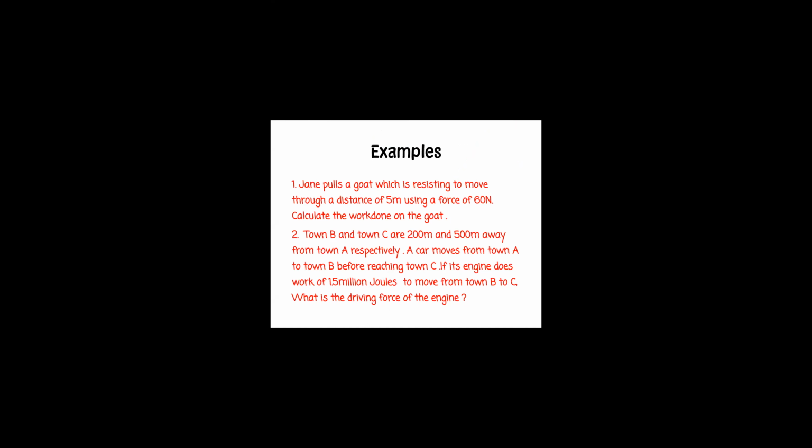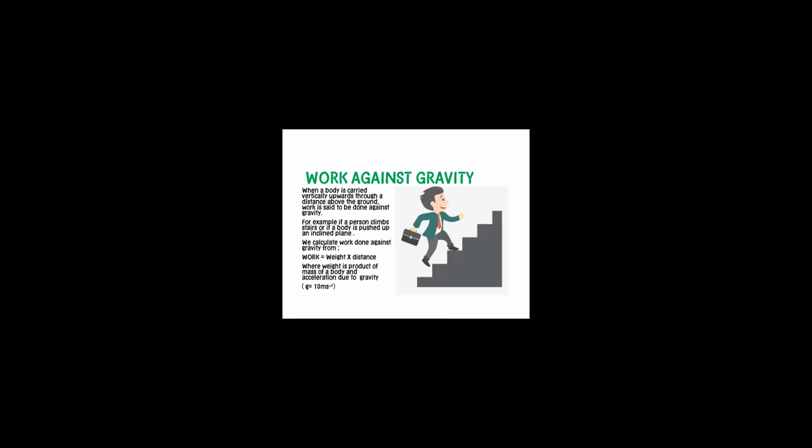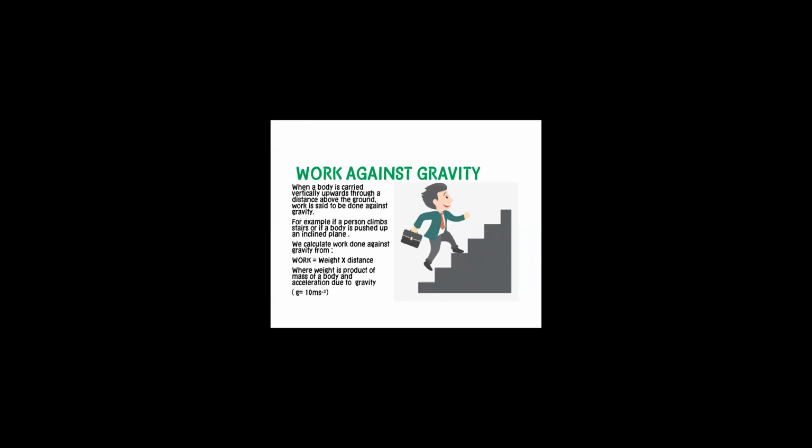Now, after looking at work in its plain form, we went ahead and looked at work against gravity. Work against gravity, we said, is when work is done and the body moves from the ground to a point that is vertically above the ground. So in that case, the distance that we talk about is the vertical distance, this distance here. For example, that man that you see, the height of those stairs is what we will take as our distance when we are calculating work. And they have also told us that in this case, the work done is equal to the weight of the body times the distance, or times the height